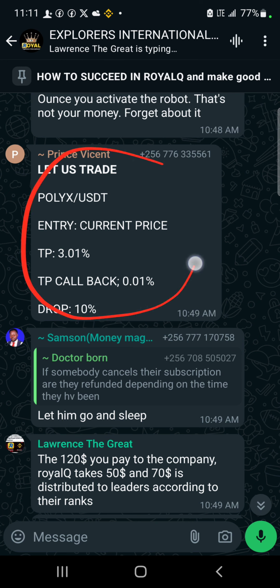You don't need to worry about anything. This is how we set the signal now. Once you pay for the robot, all you need now is to wait for signals. So you simply hit your Roku application, then look for this particular coin that they have sent us in the signal, and then